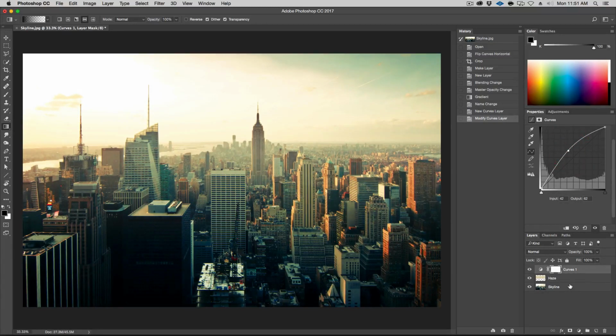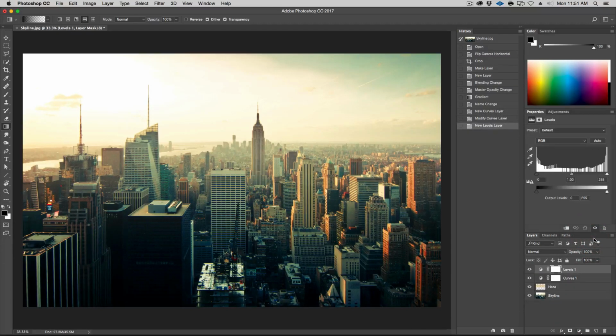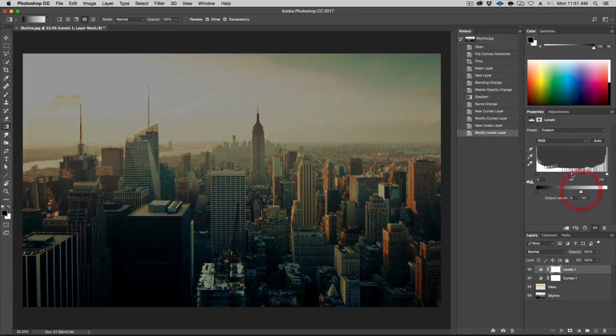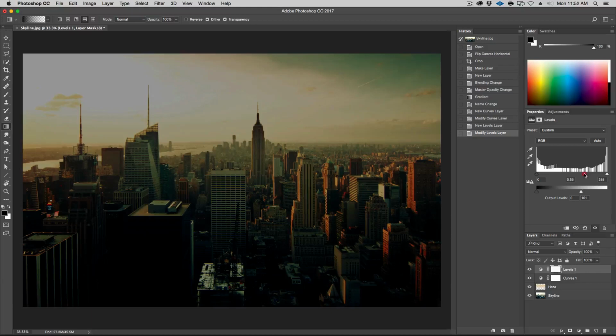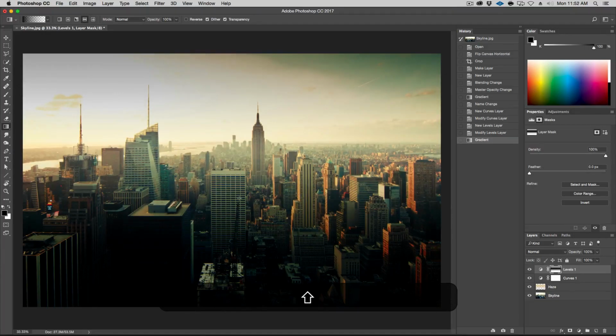And then let's add a levels over here. Let's do levels. And I'm actually going to bring up the white point really high up and darken everything. But I really want this for the bottom bit, not so much for the top. So I'm going to take my gradient up here, foreground to transparent. And I'm basically on the mask of these levels, I'm just going to go from the middle down here. So I'm basically masking all this out.